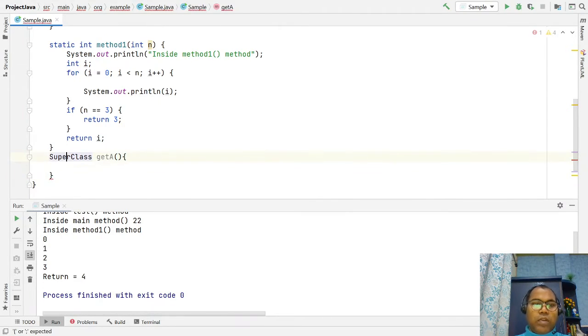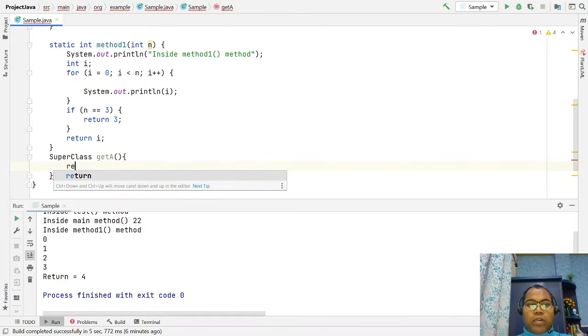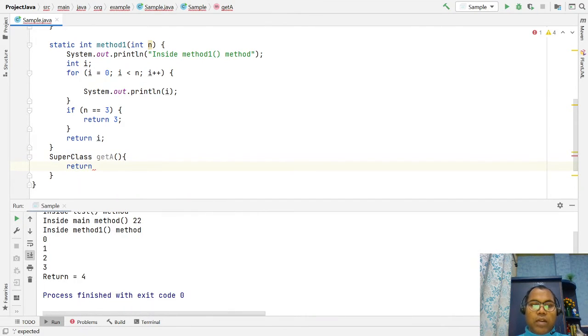Here you have to use the return keyword, or you can return your new superclass object,